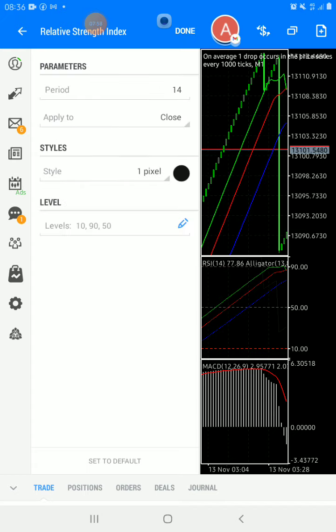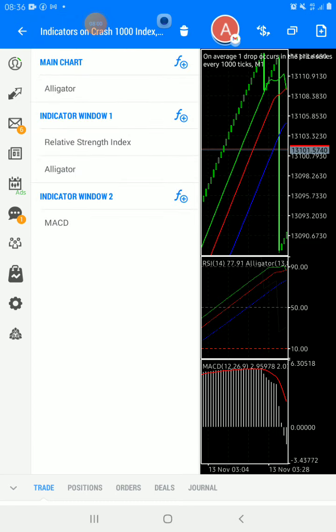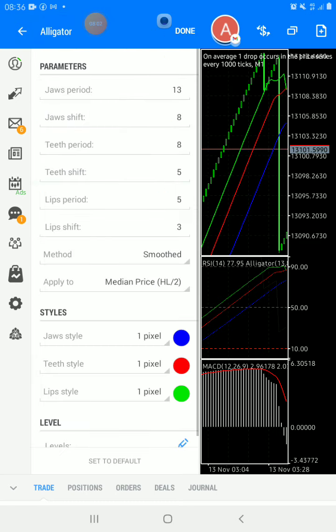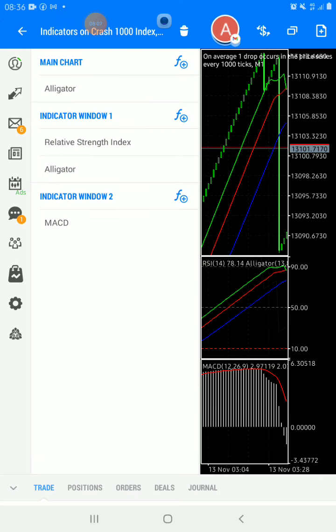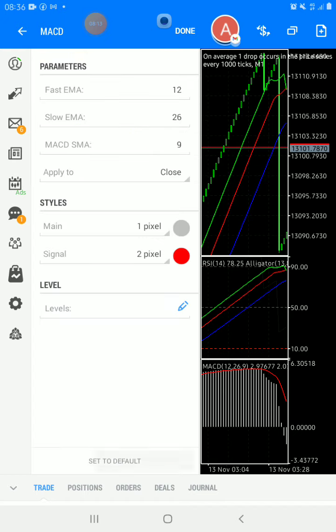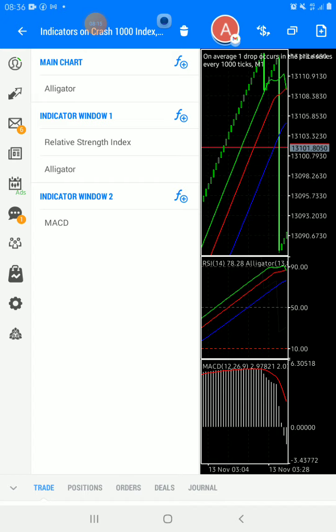Then from the indicator window 1, again you click it, and then you add alligator default setting. Then you go to the main chart, click and add MACD default setting. That is it. So these are the parameters. Okay, alligator main chart,